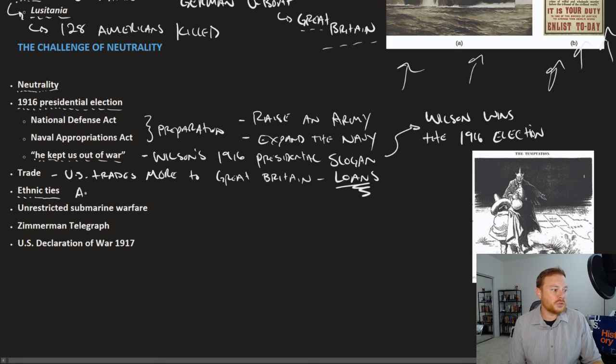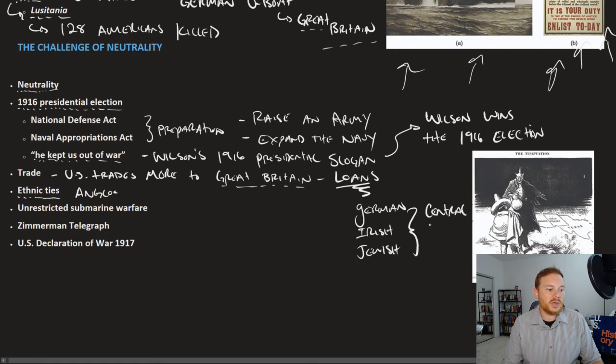So for example, those who were Anglo, and those are most people in government, they would favor the British side. But if you were German, if you were Irish, if you were Jewish, right, you might actually favor the Central Powers. And that was because the Irish have a problem with the British. The British don't treat the Irish very well. The Russians never treated the Jews very well. So, ethnically speaking, the United States could be divided depending on what ethnic background you had. But again, most of those working in the government are Anglo, English speaking. They tend to side more a little bit with Great Britain.